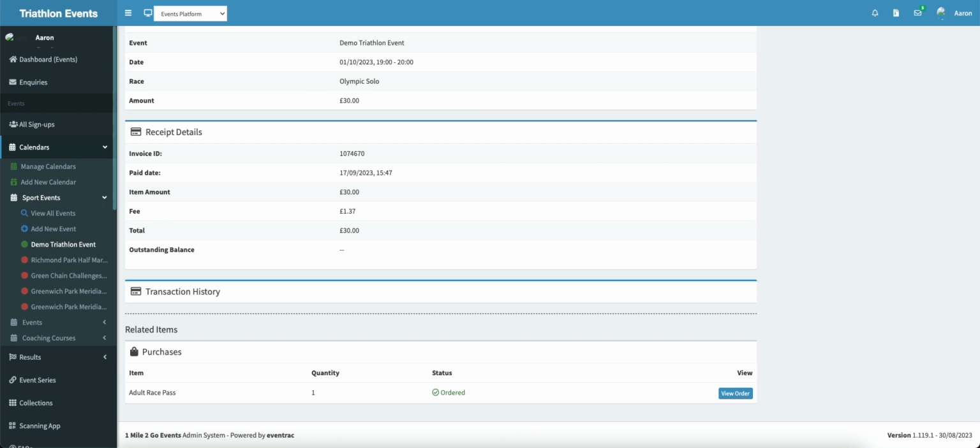Now the British Triathlon Federation can also see the information relating to the race pass, the name of the participant, their address and which event they're going to. So they have all that information as well. So it means you should never have to be passing any details, either personal details or financial details, to British